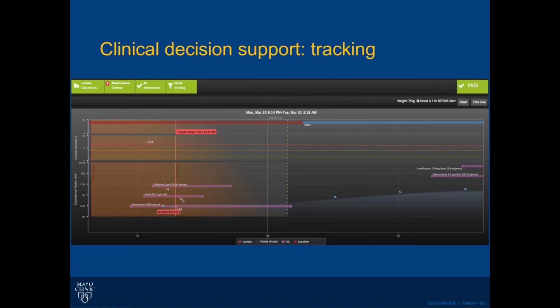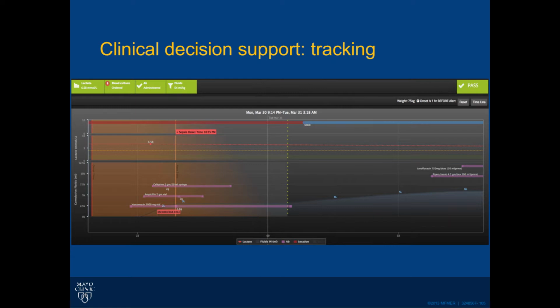And so at the very top of the chart, you'll see a red bar. That's when they're in the ED. And then it turns blue and it says MB6B. That's the unit that the patient went to. And the screen that we're looking at in the ED is the exact same screen that they're looking at in the ICU. We also have a simple 4-box system.